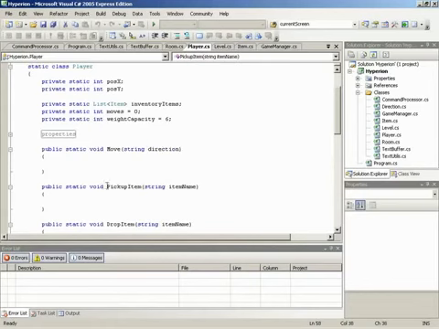Pick up item. Well, pick up item is an important one if you want your player to be able to pick up items. So we'll just simply call this method and we will send it the item name of what it is we would like to pick up. It could be something like key or blue key. So I send blue key into pickup item, and we're going to need to make sure that the blue key does exist in the room that the player is currently in, and if it does, then we need to make sure that we take that item, the blue key, remove it from that room, add it to our player's inventory,